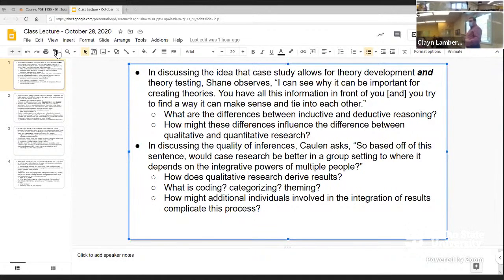Does that make sense? So if I observed this specific class of you as students, can I really apply that to anything else other than this class and you as students? What do you think? It'd be hard to, but you could. You could,